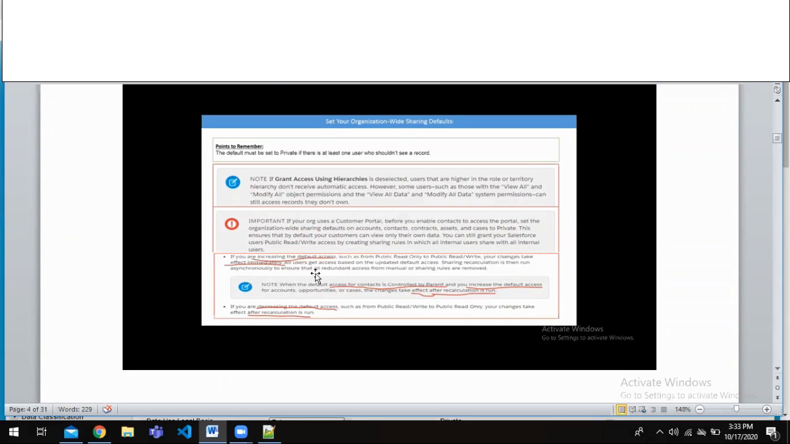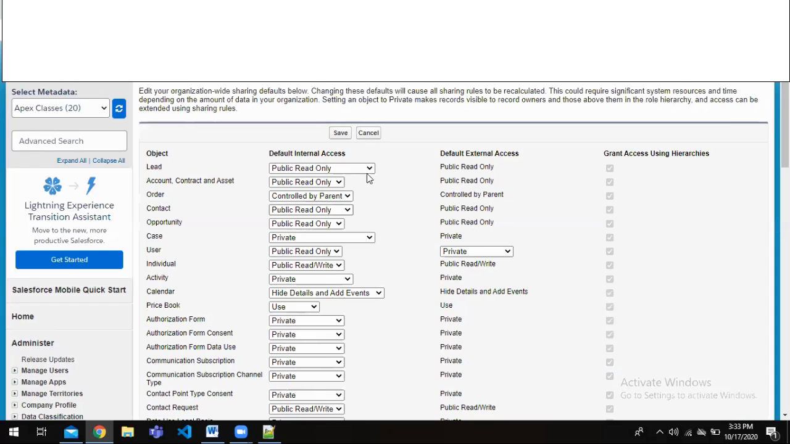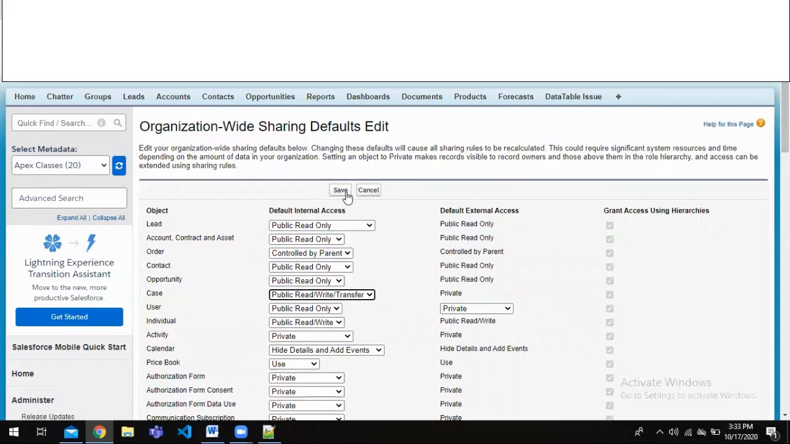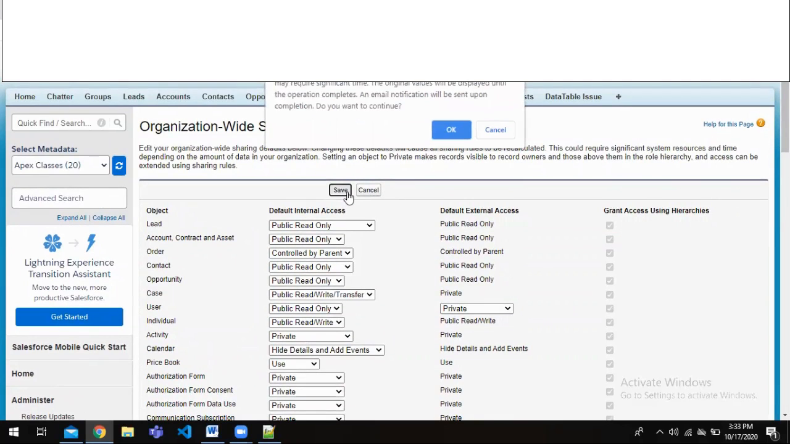So this is very important. What it actually means is, let's say here I have private. In this case I have private, and I am just going to change it to public read write transfer, the top-most access level I am granting here. If I click save, if you observe the screen now,